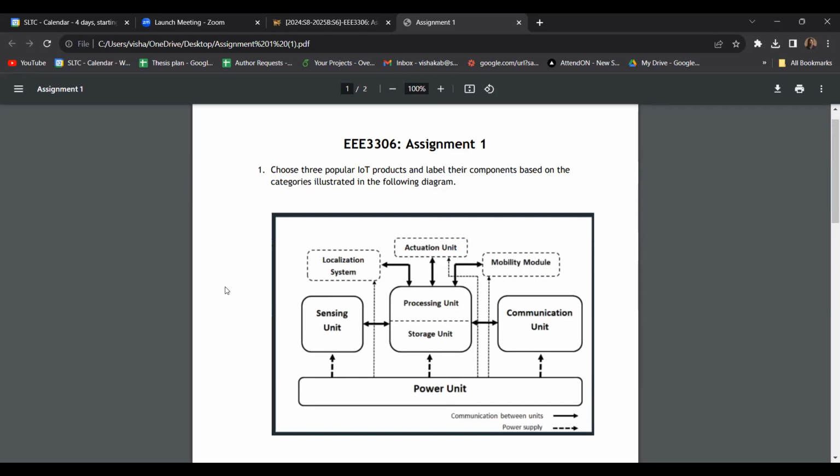So when you're choosing certain products to label, you might need to check whether you can find the interior architecture or the interior layout of the device as well. Sometimes if you just have the covering of the device, you might not be able to do the labeling. You need the interior picture of the device as well. If you can find a real device, you can take a photo of it. Or you can Google search, and then use that image, and with the help of that you can do the labeling.